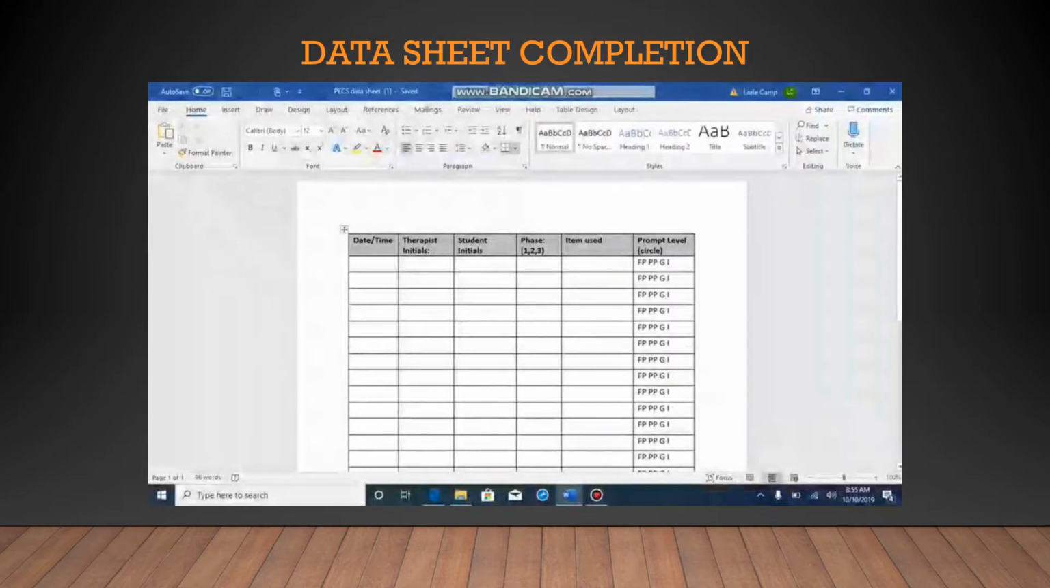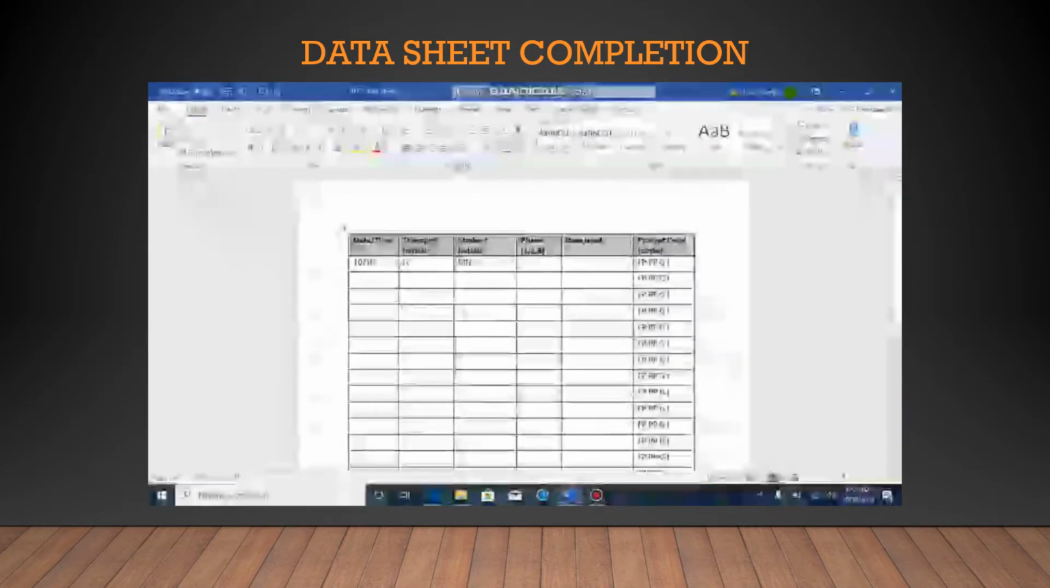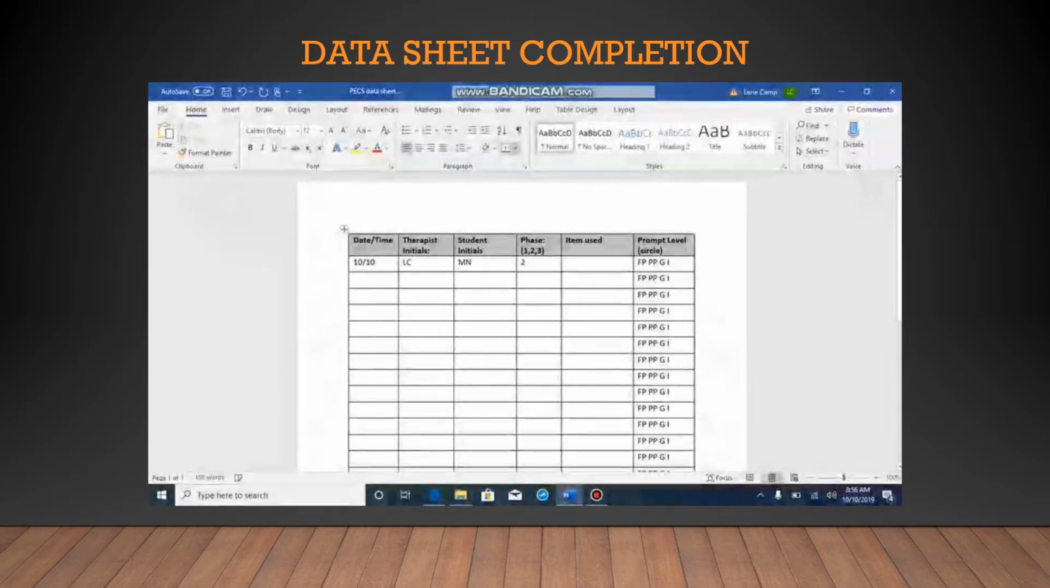For particular data sheets, we want to record the date of when you had taken the data. Then you're going to fill in your student initials, and what phase we did. So you're going to do phase 1, phase 2, or phase 3. Well, for this example, I'll just do phase 2, and the item that you used. So the item that we used, we'll say was ball. And then when you decide which one you're going to tell the prompt level, you're either going to have full physical, partial physical,